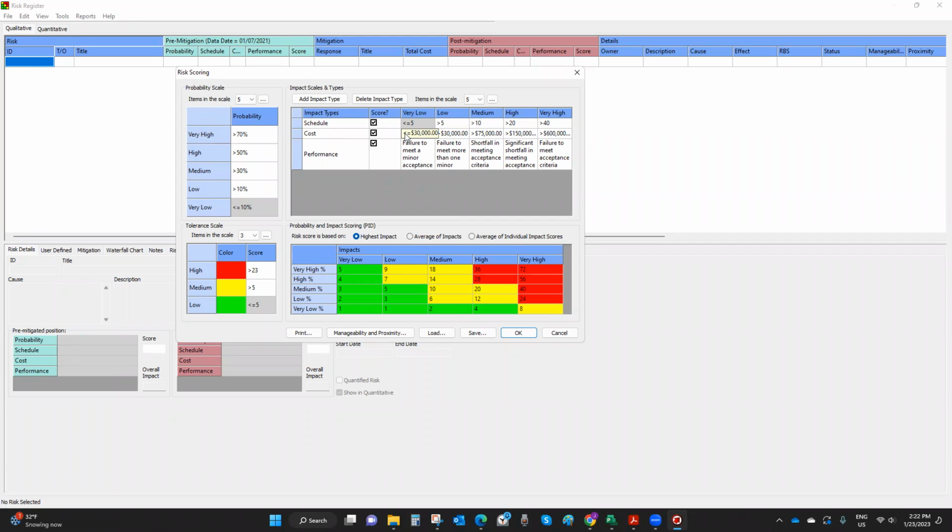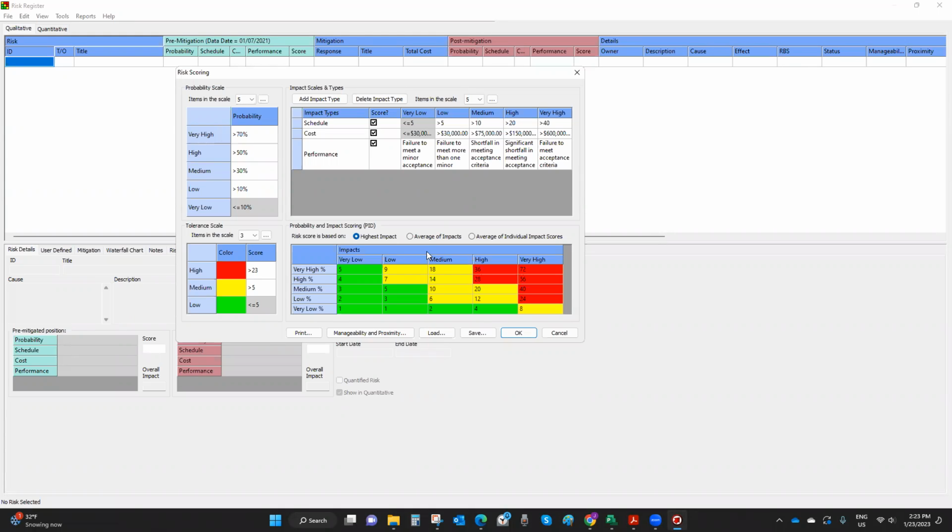If your project is a 100 days project, maybe this is going to be different. If your project is a 2-year project, you may want to make some adjustment. And same thing for cost impact, right? And performance impact, it makes sense that you could leave it like this for many projects because it's about meeting requirements, right? But for cost, time,